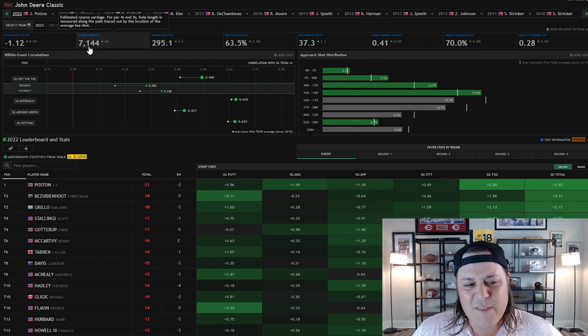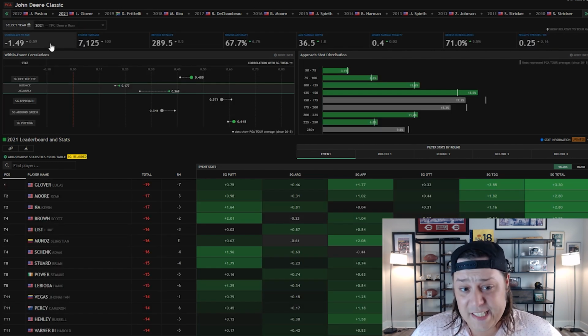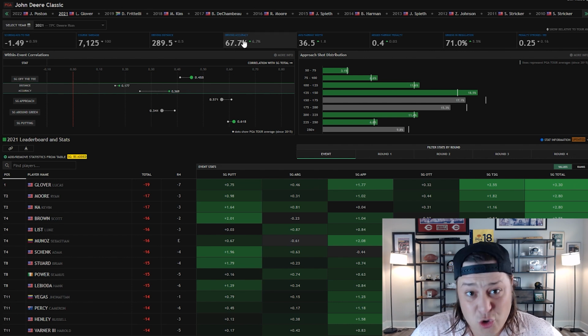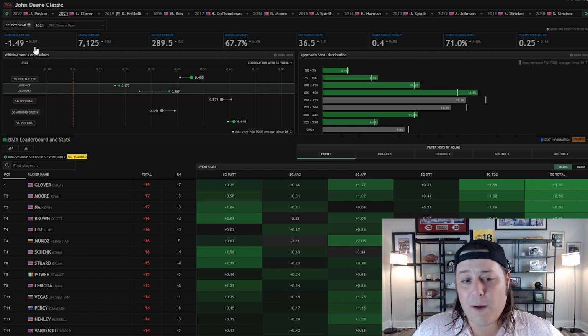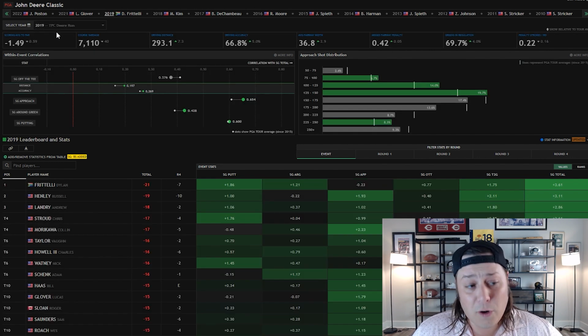So first off, if we take a look at a few of the other years here, you'll see that the scoring averages are usually easier, and most notably that this driving accuracy percentage, which was just over 63% there for last year, is typically a lot higher. So there in 2021, nearly 1.5 under par scoring average, a much better driving accuracy. You go over here to 2019, there was no event in 2020 because of the coronavirus, another 1.5 under par scoring average, and once again, right, about 3-4% higher in terms of your driving accuracy than what we saw there